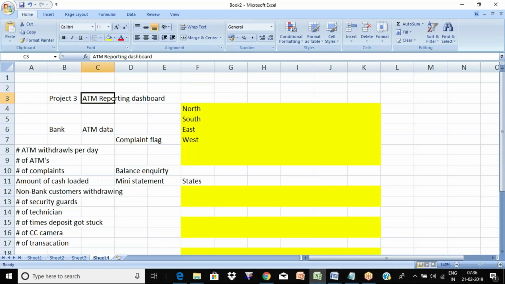You have to go and find where the data is. You have to brainstorm what things I need. So in those kinds of profiles, no one will tell you, okay, give me how many number of ATMs. No one will tell you how many transactions. No one will tell you to look at the customer footfall. So it's you who have to brainstorm and come up with, okay, these are the things which I can look at. But these ideas will come only when you look at the data.